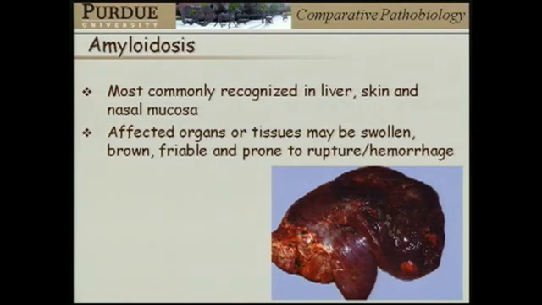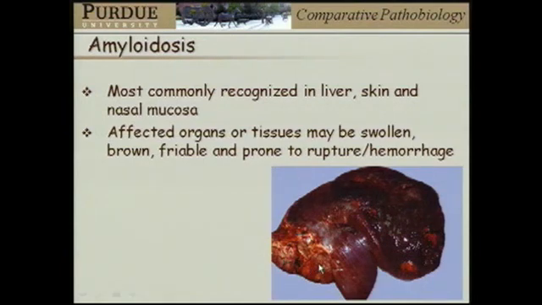Amyloidosis in horses is most commonly seen in the liver, the skin, and in the nasal mucosa. And the example here is hepatic amyloidosis. So we're looking at the liver. Tissues that are affected by amyloid tend to swell because it's a deposition of something, so the tissues will usually expand. They may take on a characteristic and somewhat odd brown color. Of course, the liver is brown already, but the liver is usually red-brown, and the shade of amyloid you can see here where the liver has been sectioned is a little bit different shade than we might expect a normal